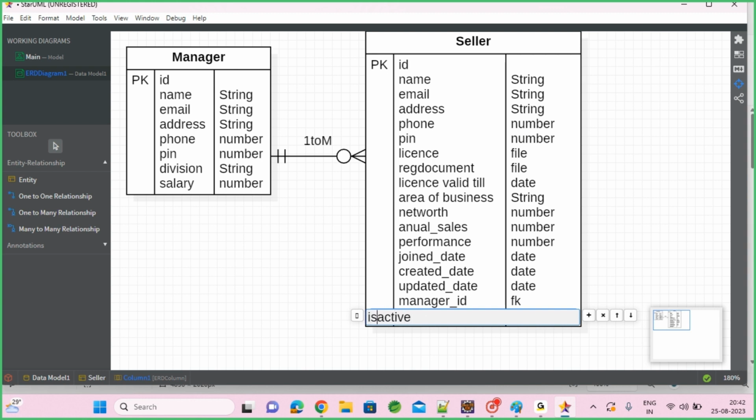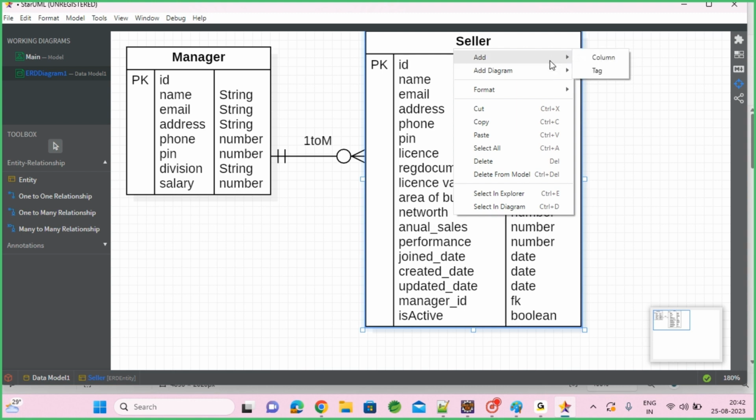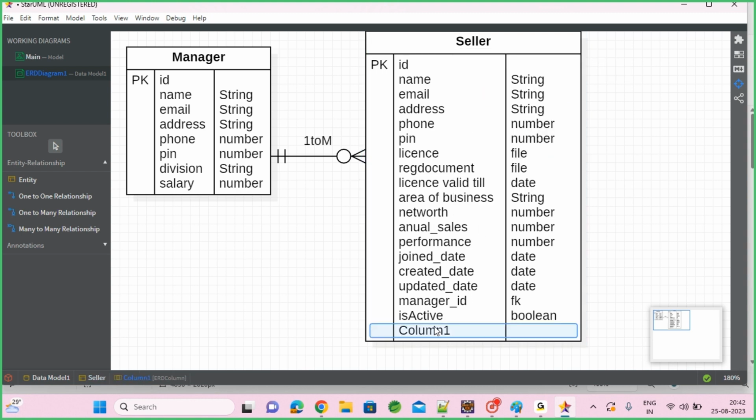So if is active is true, he is active in the system. If is active is not true, if it is false, he may not be active in the system. Or any promotions you want to give to him, is he a verified user or a verified seller,